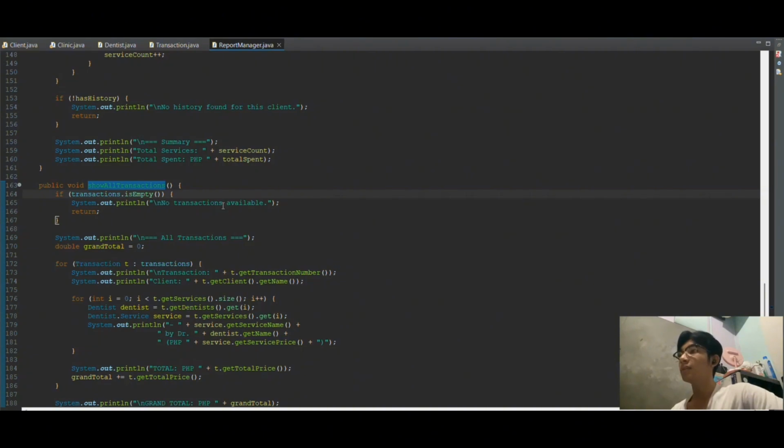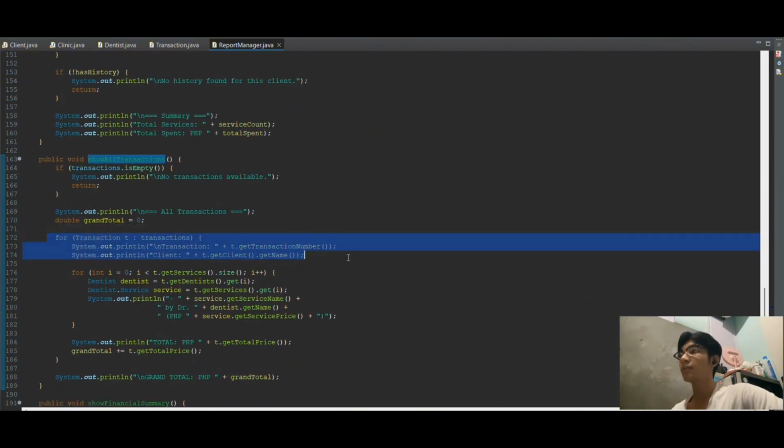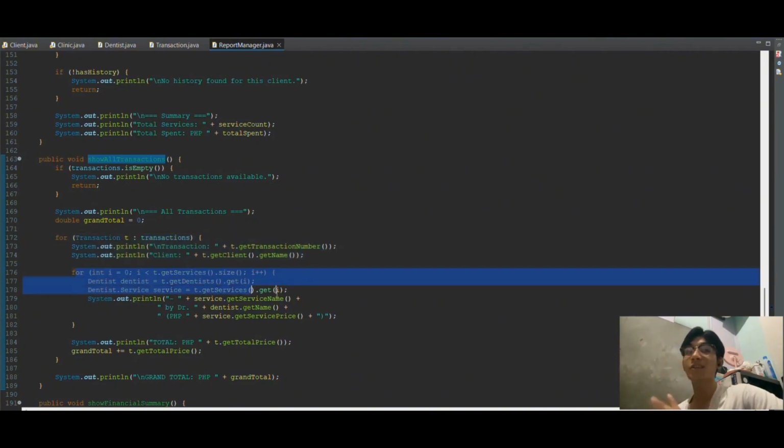Then it will proceed to displaying all the transactions. So by doing that, we have a for loop to process each transaction. Then another for loop to display each service in the transaction.